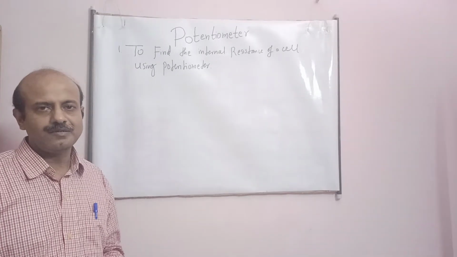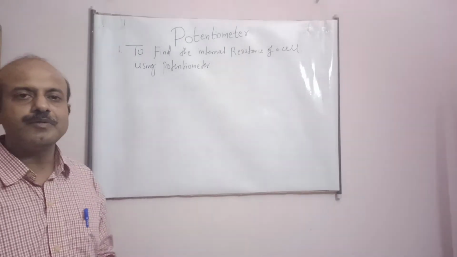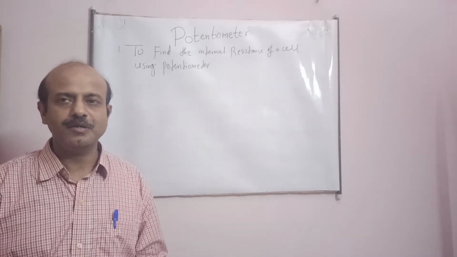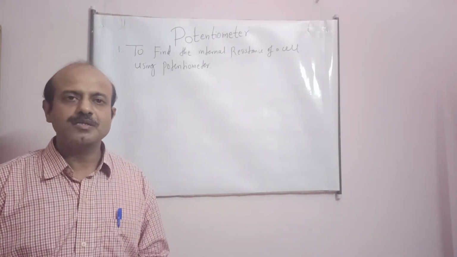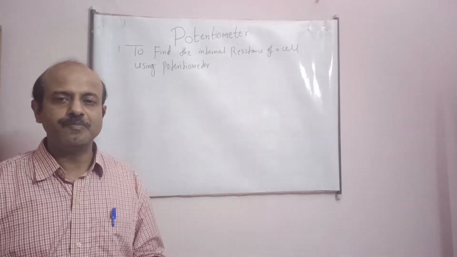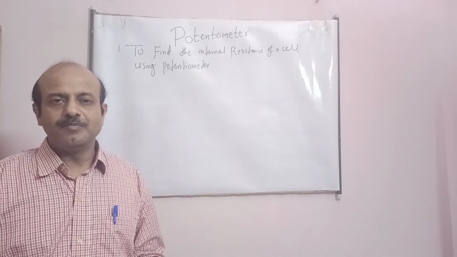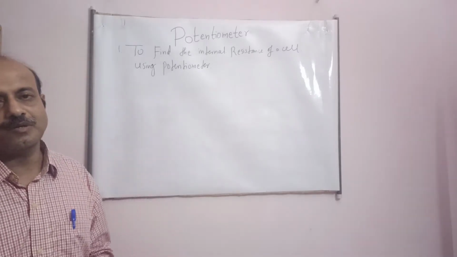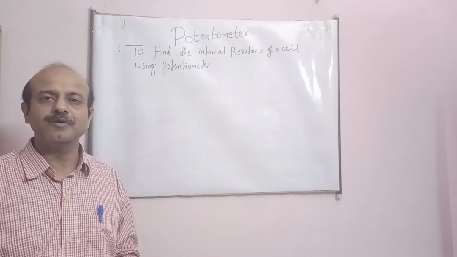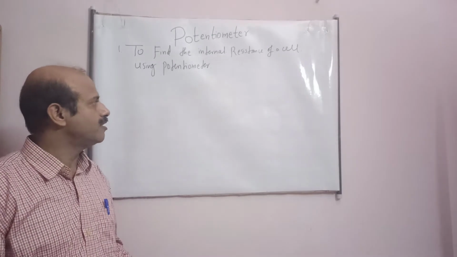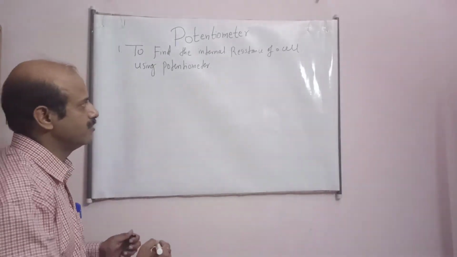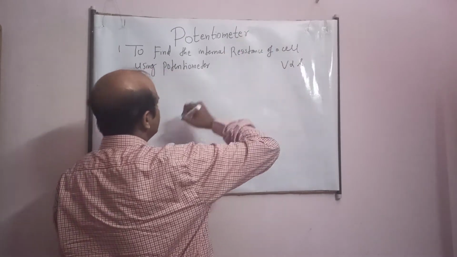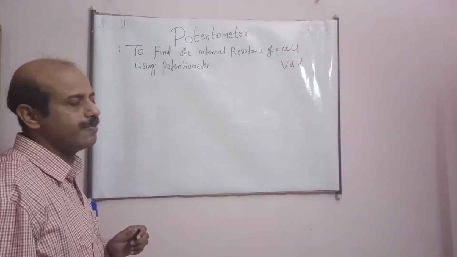Good morning, student. I will continue from the previous video where I left off to discuss the principle of potentiometer. Though we have discussed it in detail, the method to compare EMF of two cells. Potentiometer works on the principle that when a constant current flows through a wire of uniform cross section and uniform material, the fall in potential is proportional to length. This is the principle. Fall in potential is proportional to length. Already we have discussed comparing EMF.